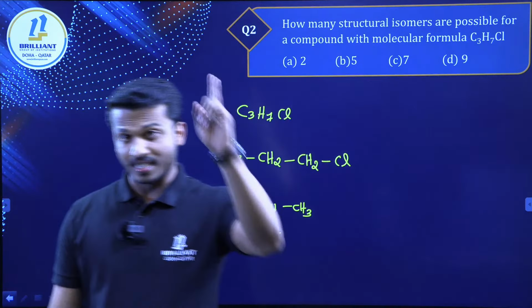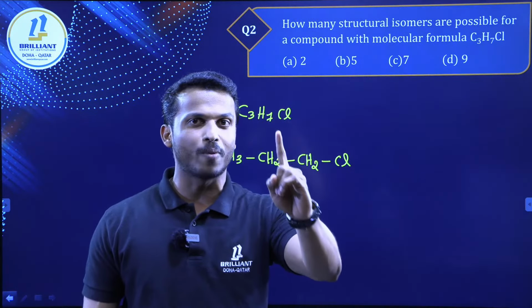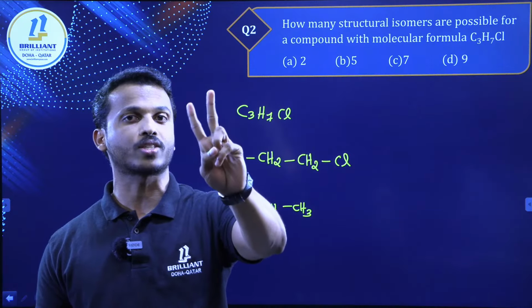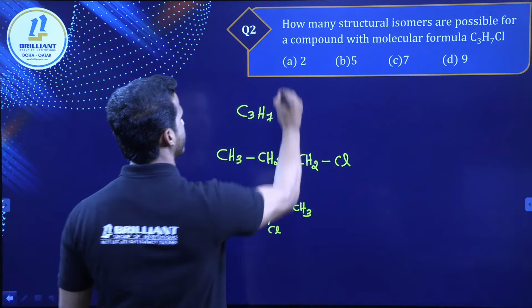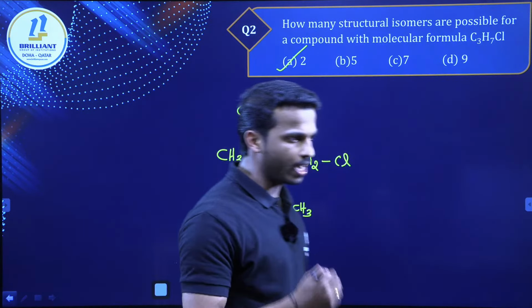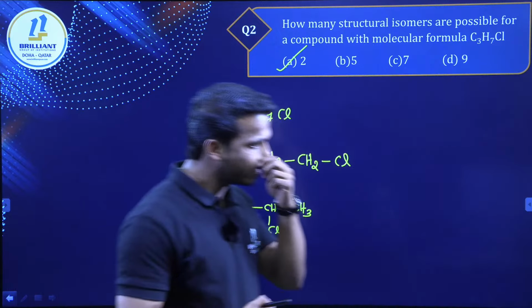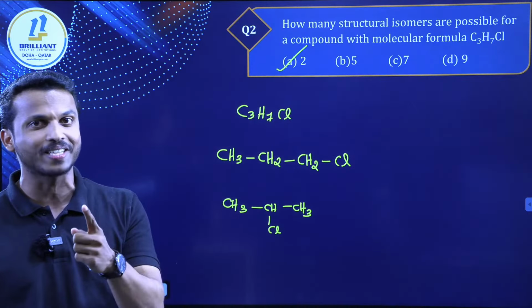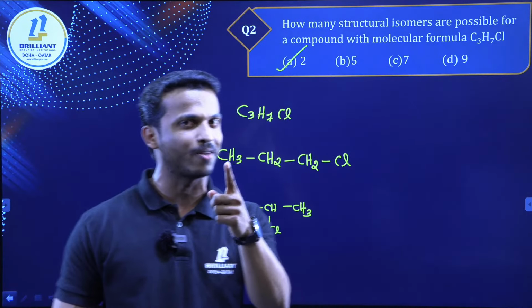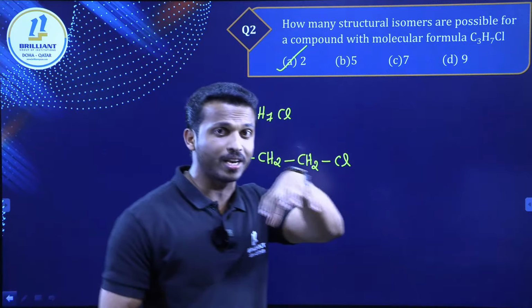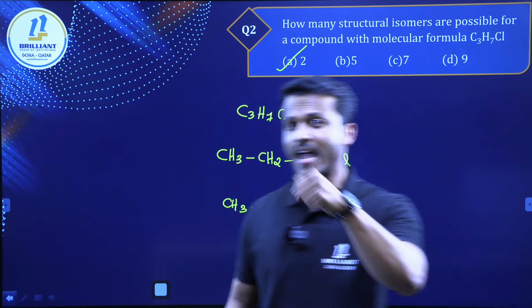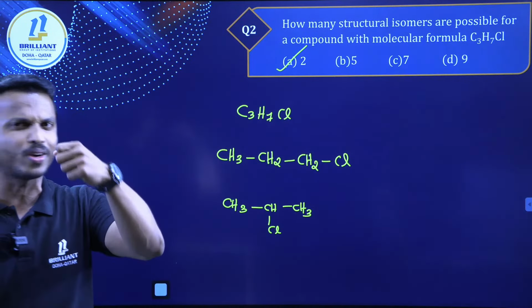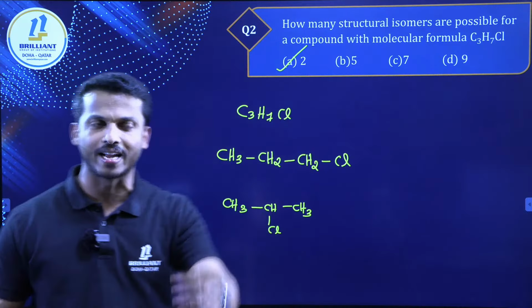So dear all, the compound C3H7Cl can have 2 structural isomers. Yes, your answer is option A. Very good. Keep giving the answers and try to give maximum correct answers, because you already studied the theory very well. Now you are dealing with the mock examination, so keep practicing and try to give a correct answer, not just an answer.